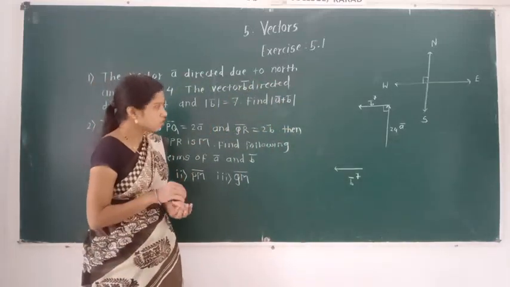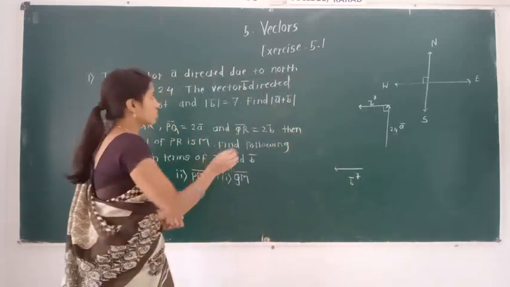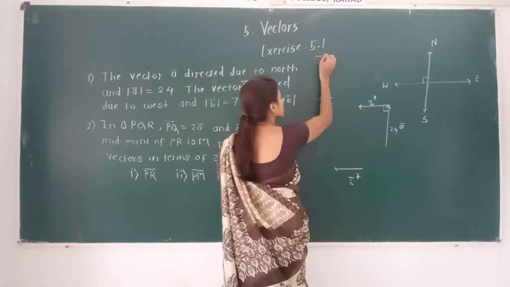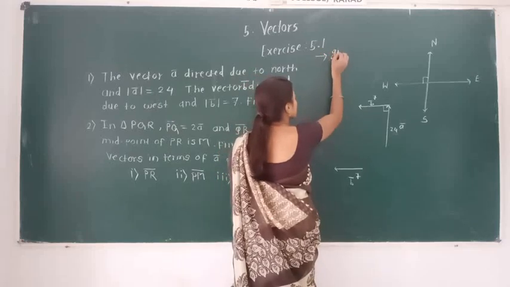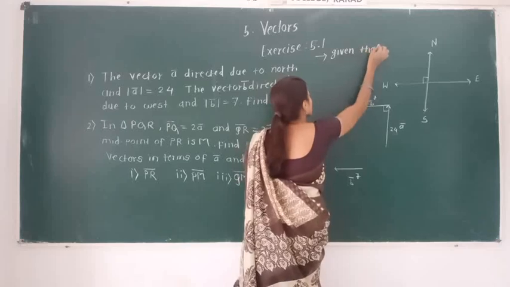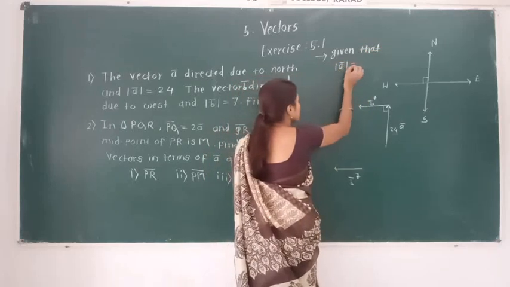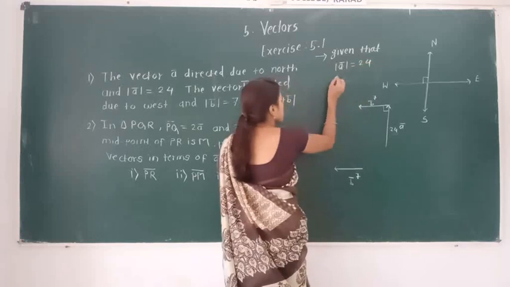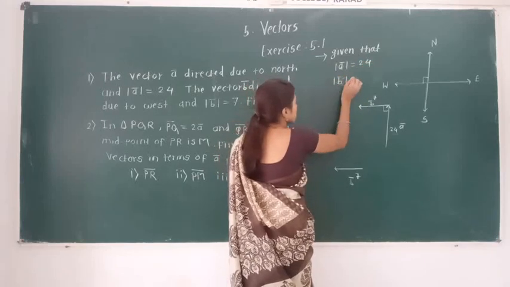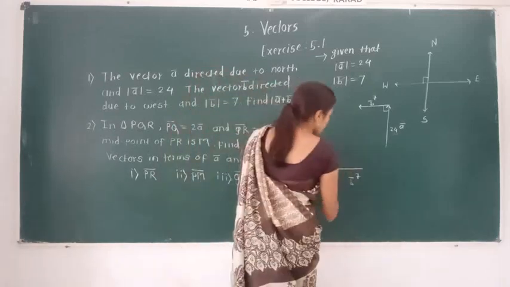So first of all we write here the given information: the magnitude of A bar is 24, the magnitude of B bar is 7, and we write here